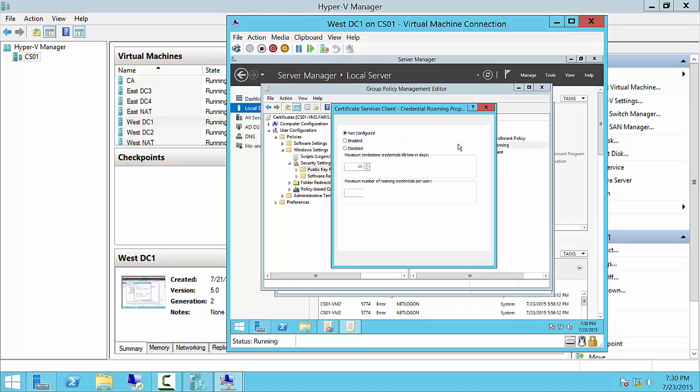This one is kind of important. If we don't enable this, your users will have a bunch of different certificates, one for each computer they sign on to. So we don't want that to overburden our CA with a bunch of duplicate certificates. What we basically want to do is enable this so wherever they go, their certificates go with them. Because it stores your certificates under